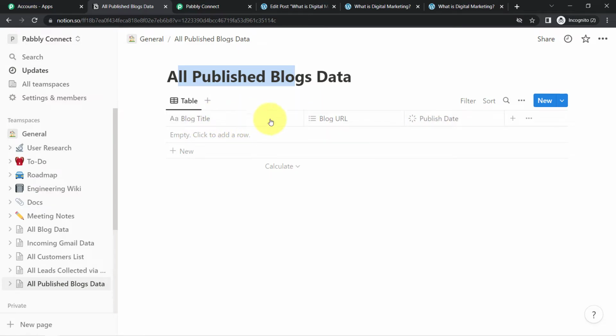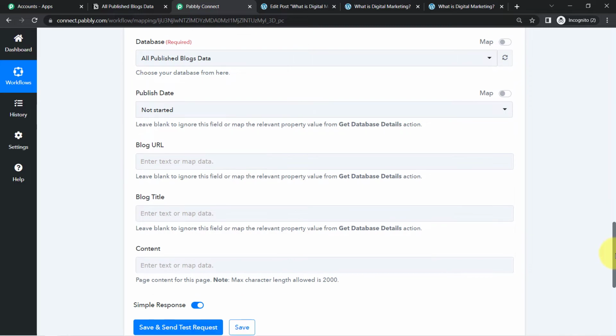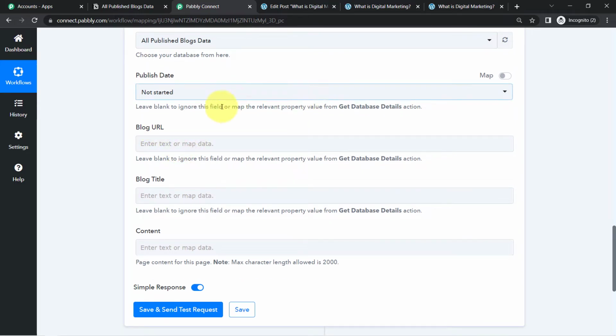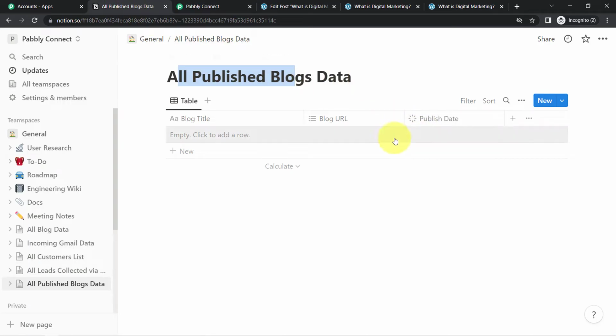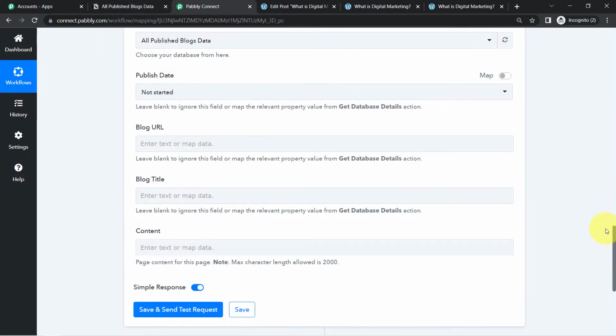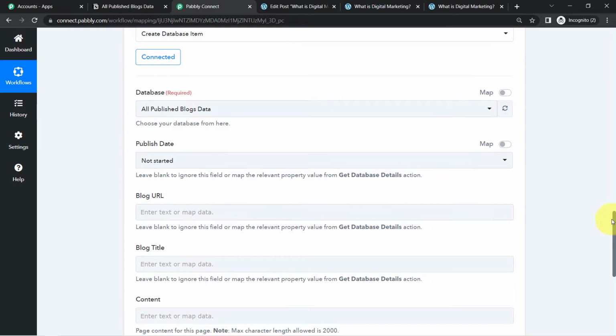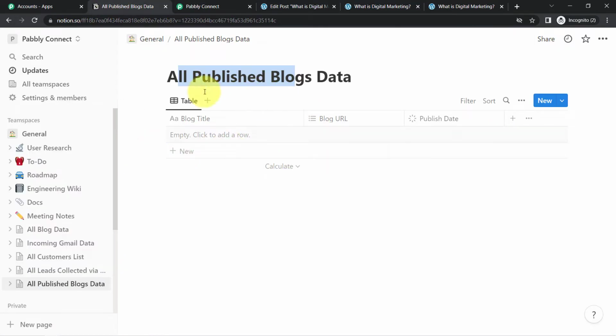Okay, so blog title, blog URL, and the publish date. Let us check whether these are the same or not. Blog title, blog URL, and the publish date, yes, these are the same details. I'm going to fill these fields one by one, and you will see the same data will be